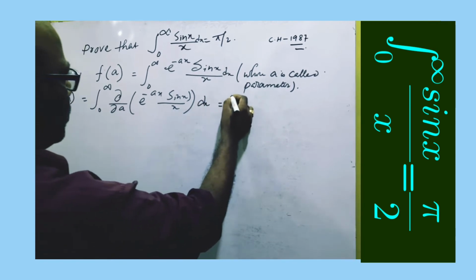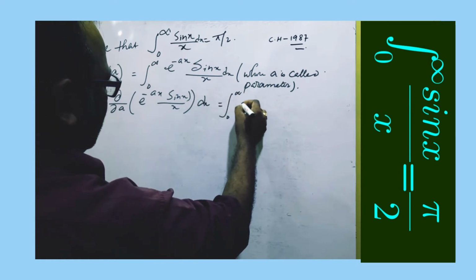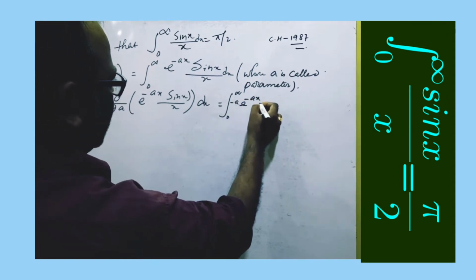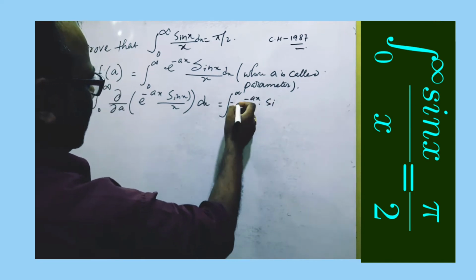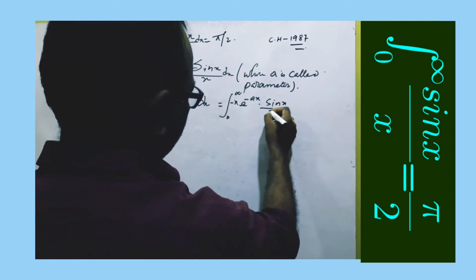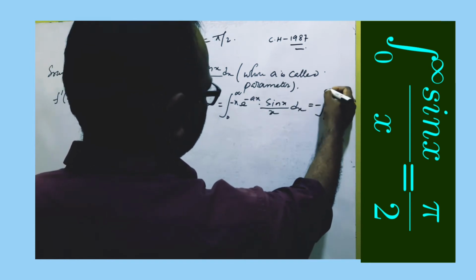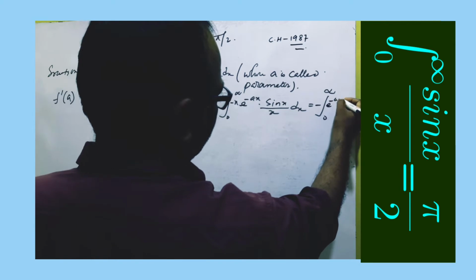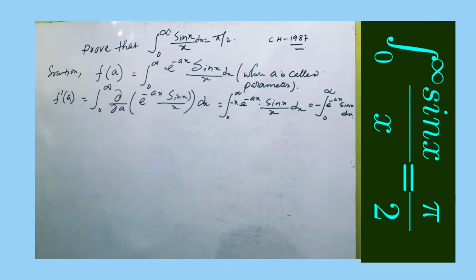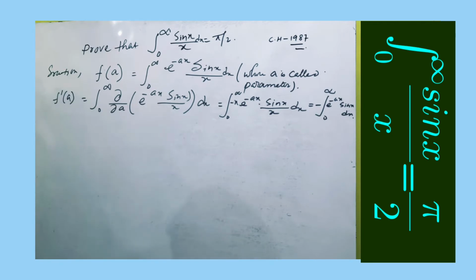So that is equal to integral 0 to infinity. We got here, with respect to a, minus x e to the power minus ax. Okay, here with respect to a, x is constant, so sin x by x dx, and that is equal to minus integral 0 to infinity e to the power minus ax sin x dx. Okay,